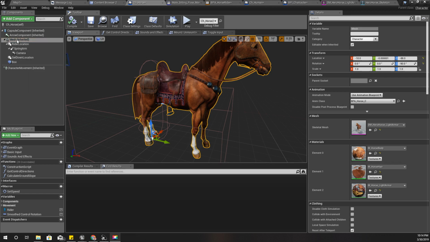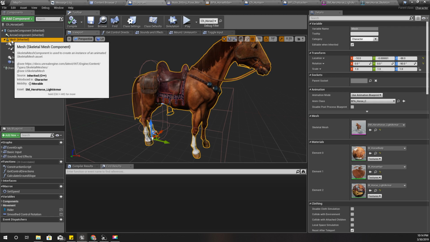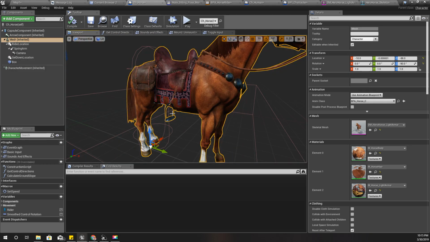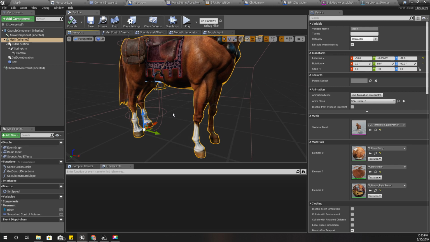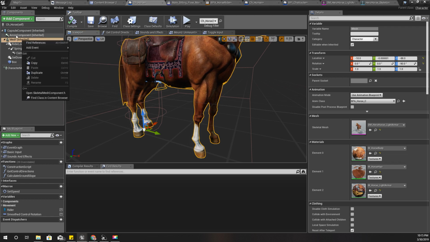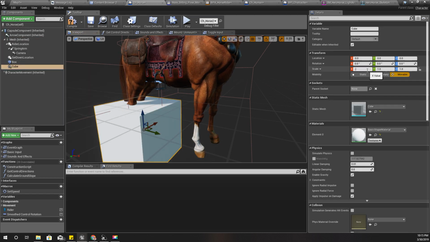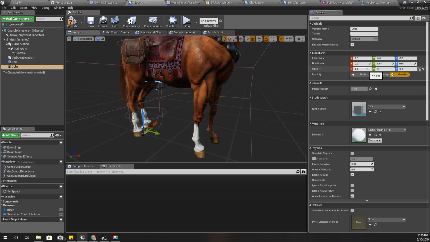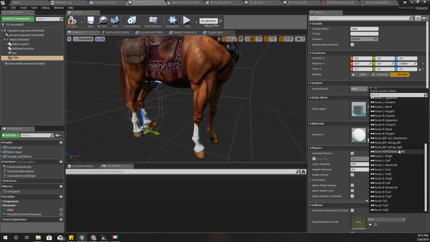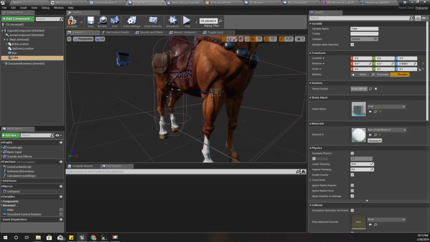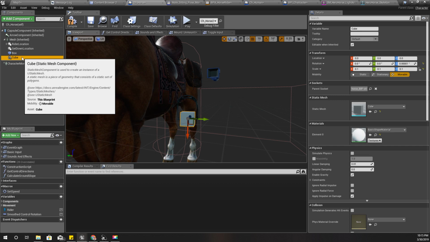First, I'll add two scene components into this stirrup location so that I can provide their location into the animation blueprint of the rider, and I can adjust them accordingly to fit the legs, fit the foots. So here let's add a cube, and I'm going to make it smaller like this and put it under the mesh and attach it to stirrup left, this one here to the left, and another one